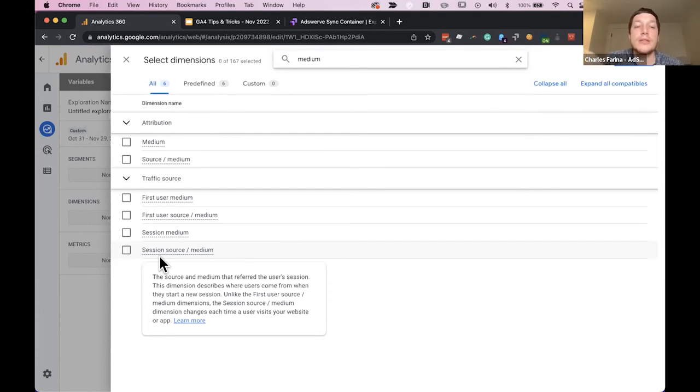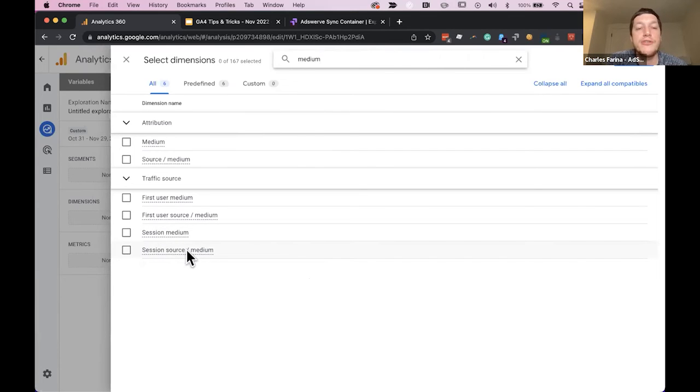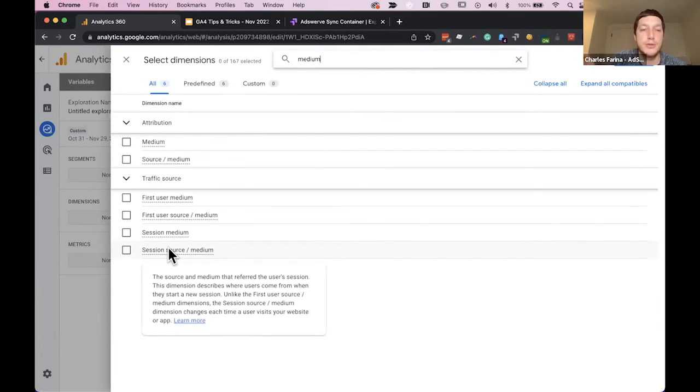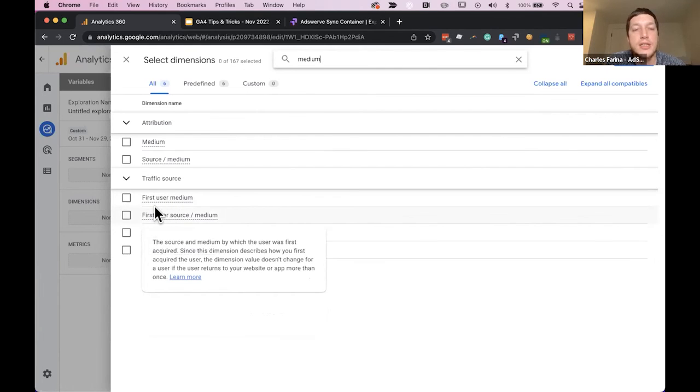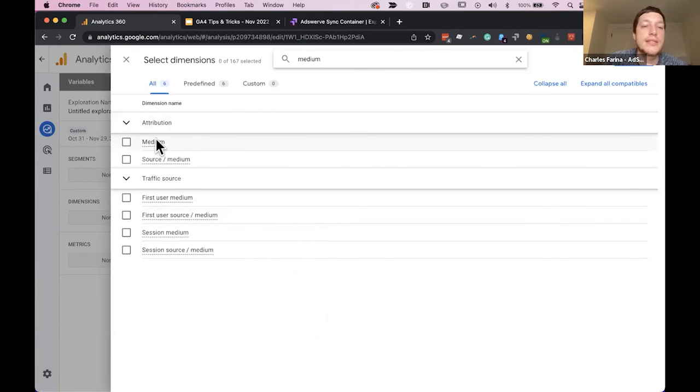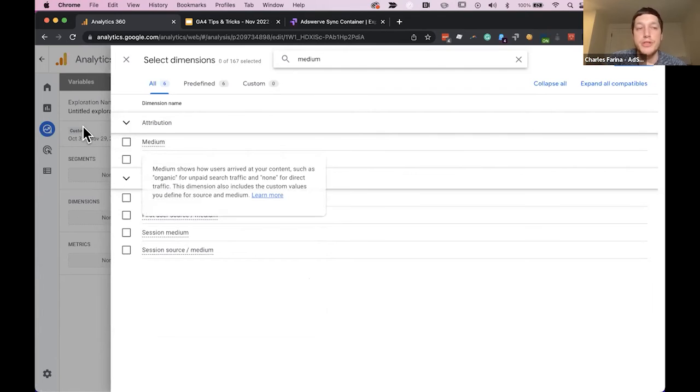And then maybe they went to their email and they clicked on an email and then visited your site, all within 30 minutes. In a session scoped, only the first traffic source, that paid ad, gets credit. You would miss the other 2. In the first user, if that's the first interaction the user ever had, then the paid ad gets all the credit. The only way you could see all 3 sources is if you use the medium dimension for your attribution.